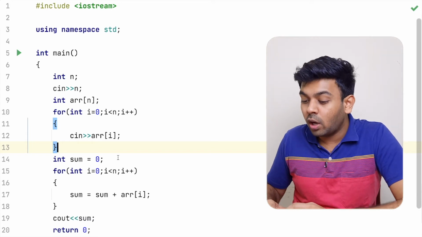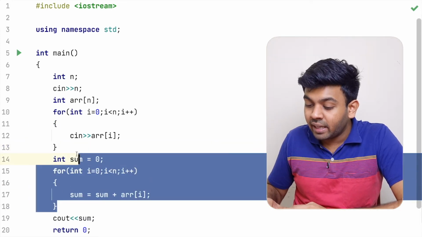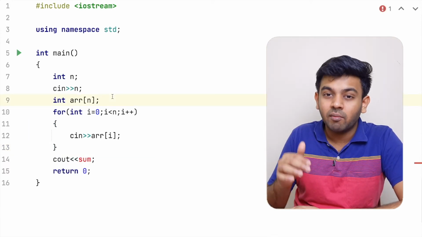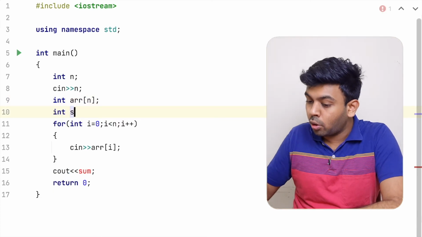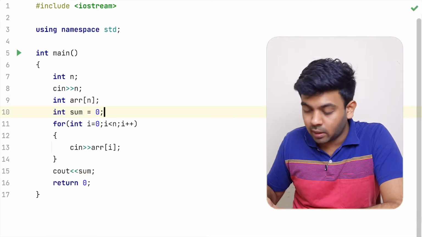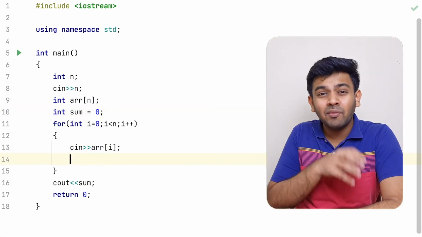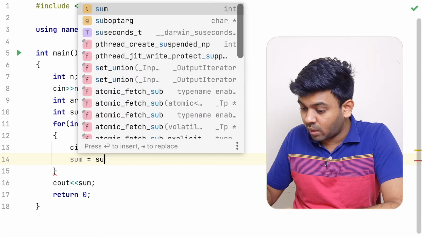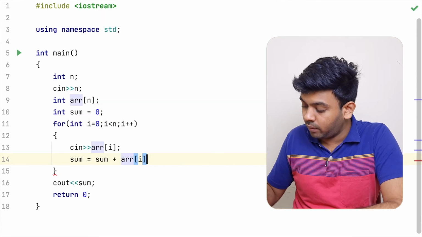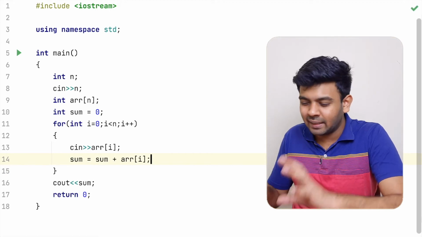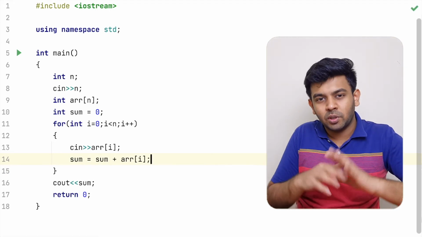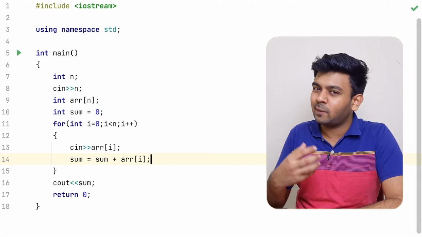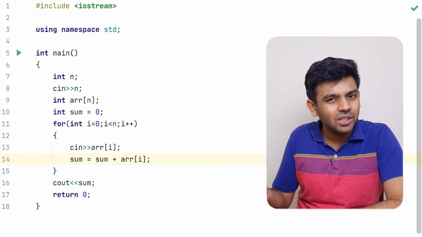Yeah, so instead of having a separate loop to compute the sum of the array, I'm just going to do that in the same loop that we use to get input. So before the for loop we have to declare this variable sum, and right after we get input for every single element in this array, I'm going to add that to the sum variable, sum equal to sum plus ARR of I. Okay, very simple. Instead of having two loops, you are just going to merge these things. That's it. Okay, so I think this is making it a simpler version.